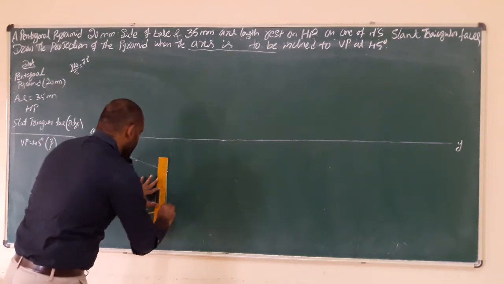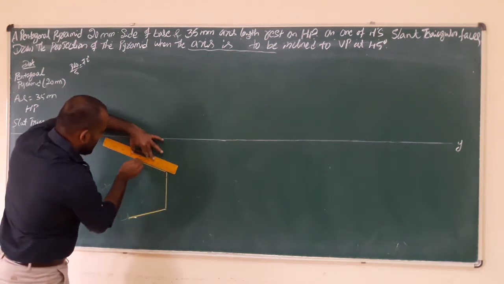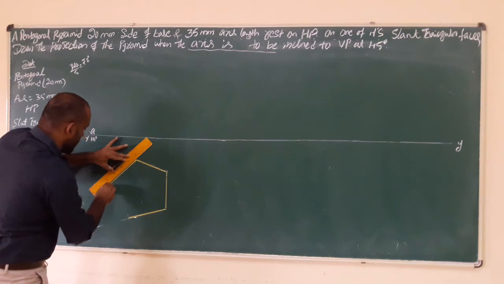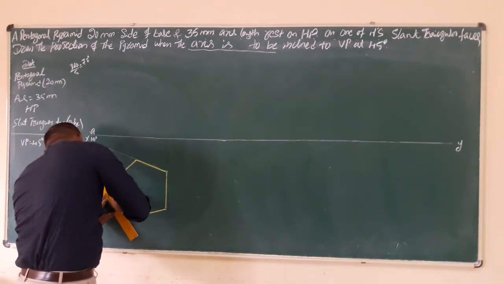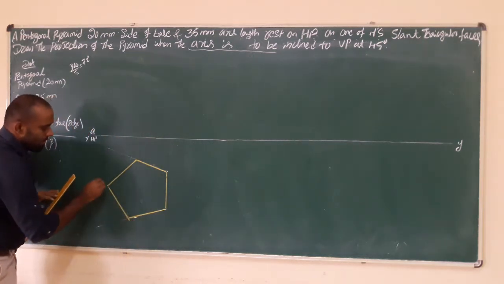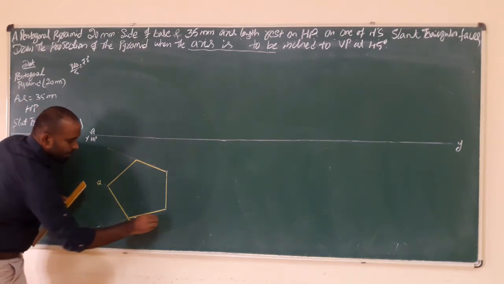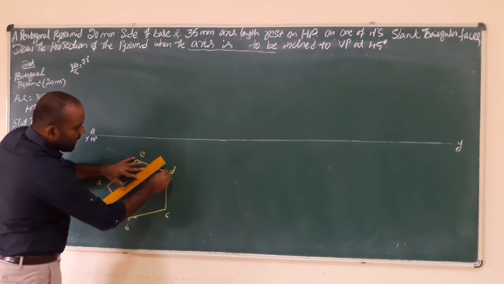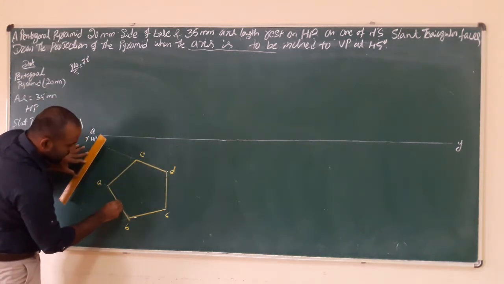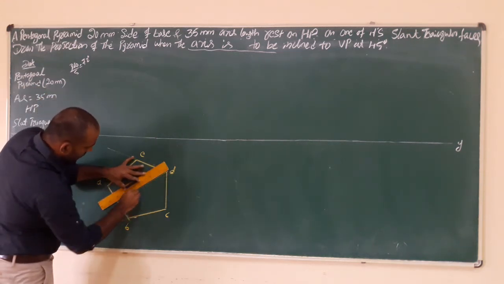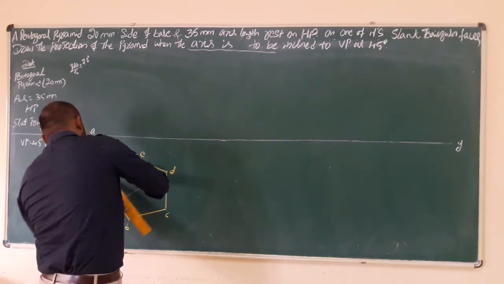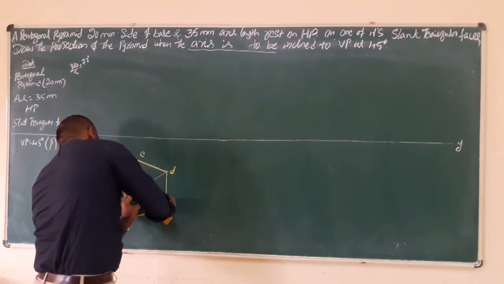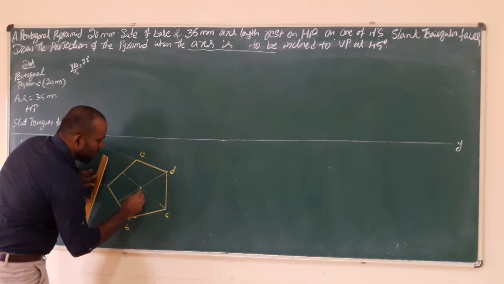You will get a pentagon with respect to the corner. After that, you have to name the corners A, B, C, D and E. Now you have to find the center: draw from the corner to the opposite center, next corner to the opposite center. That point is called O.